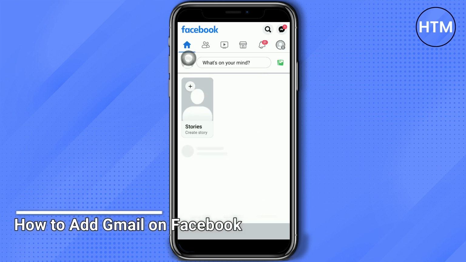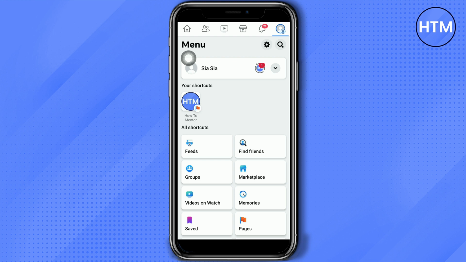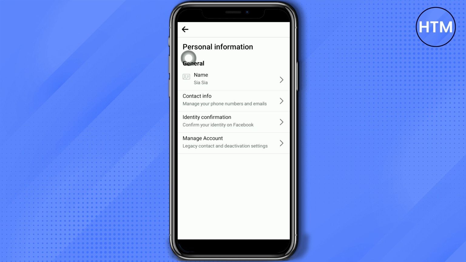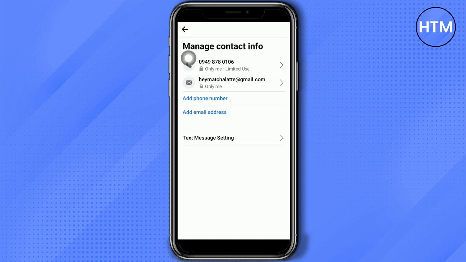So first, go to your Facebook app and then click your profile menu and then click settings. And then you'll have to go to personal information. From there, click contact info, and then you can add an email address here that is your Gmail account. So let's say, for example,